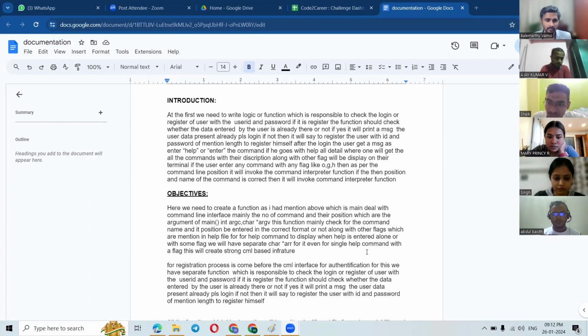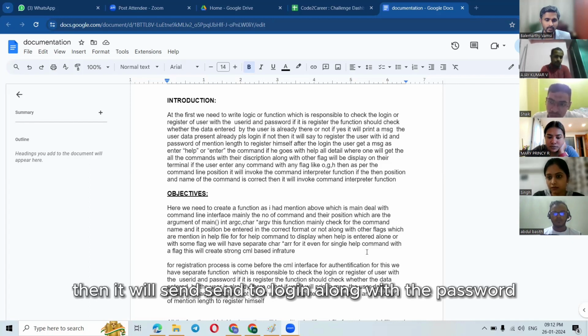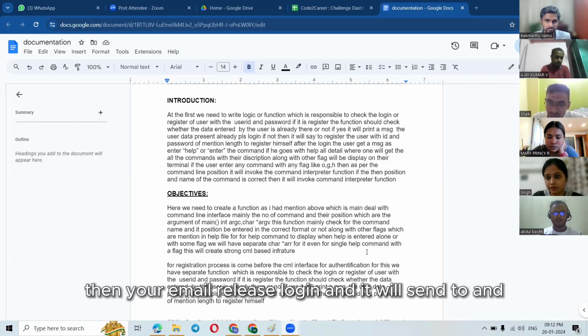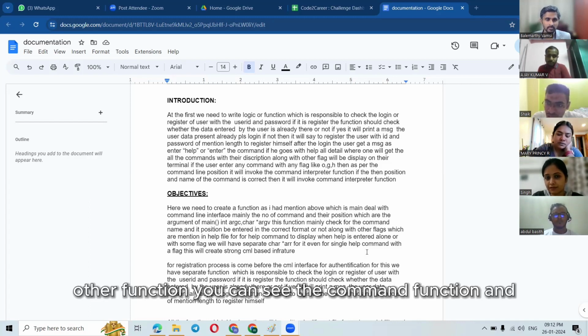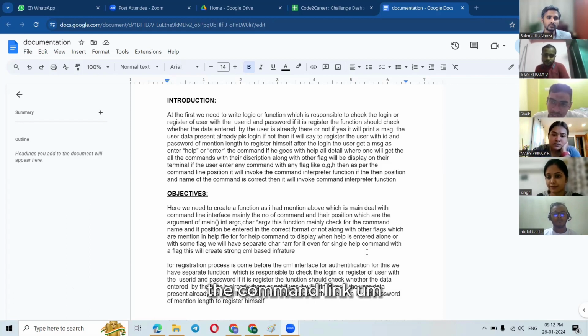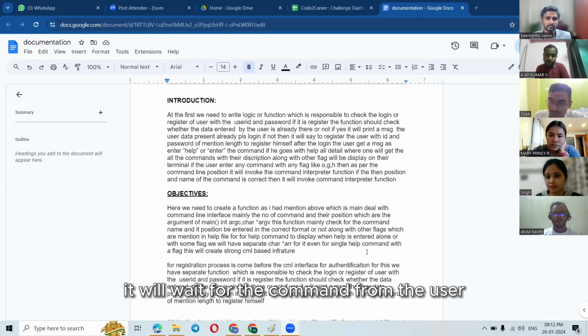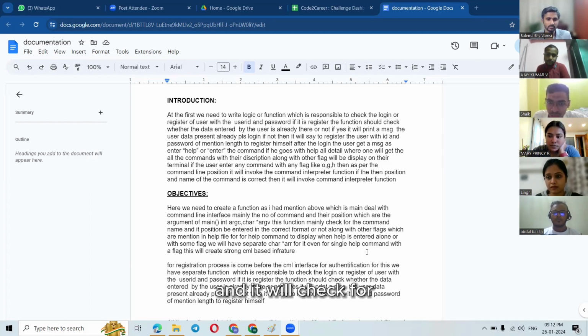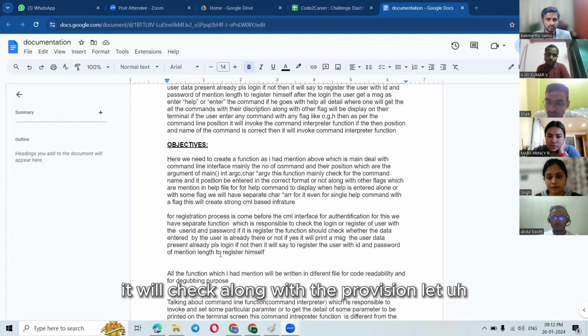If it is an old user, then it will ask to login along with the password. Then when he is logged in, it will send to another function, which is a command line function. And that command line will wait for the command from the user, and it will check along with the position.